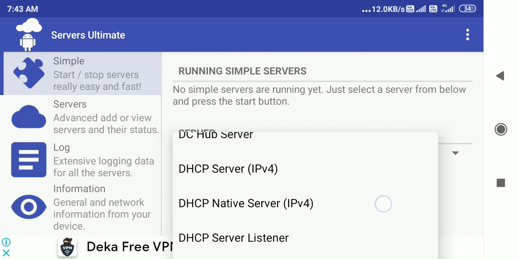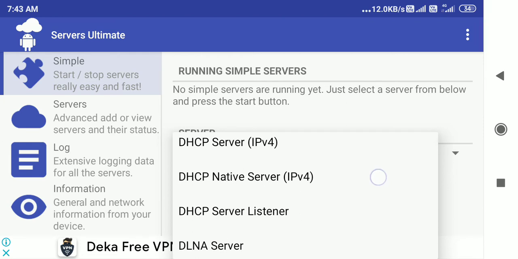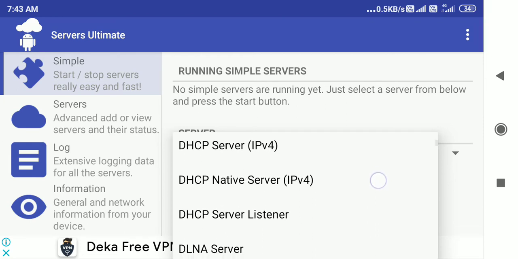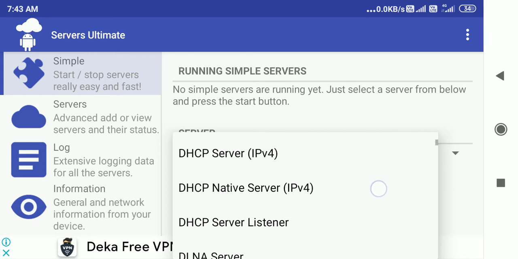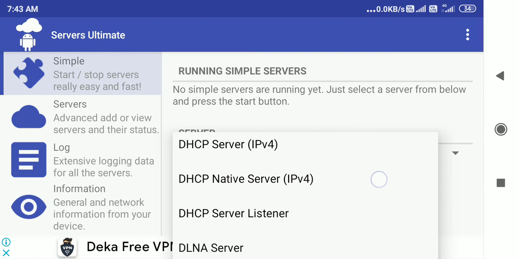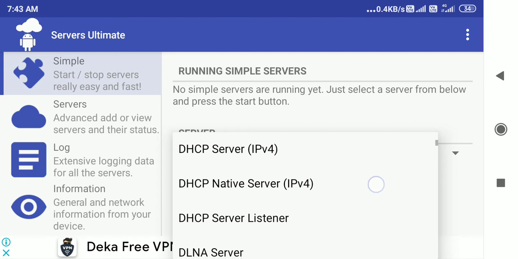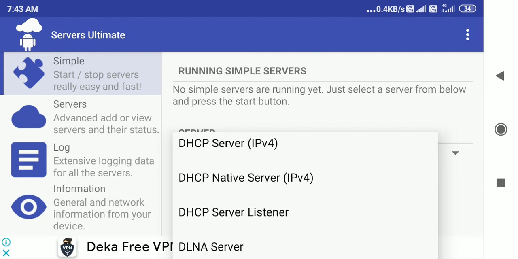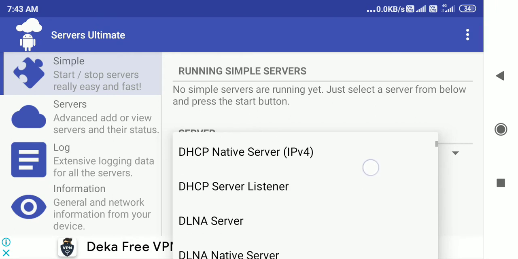What is the difference between a native server and an ordinary server? A native server is usually used for a local area network, that is, within your network. An ordinary server is called a global server. Native server is something you use within your local LAN. Now, if you want to connect to external things like big companies such as Google, or the public area network, then you go for an ordinary DHCP server.